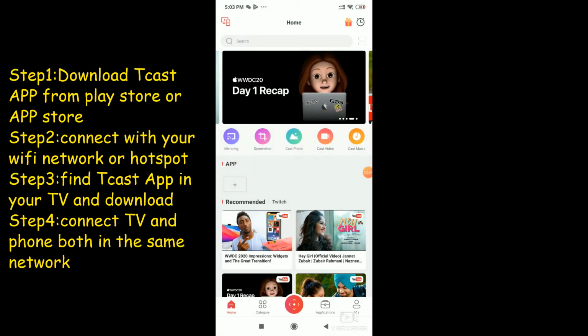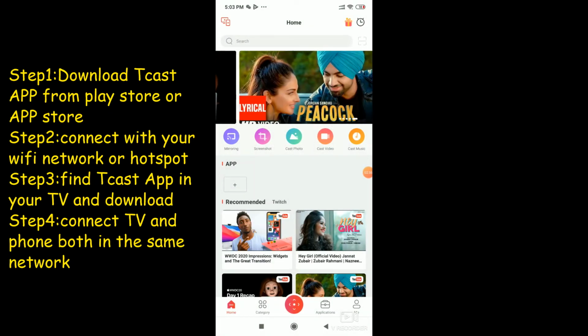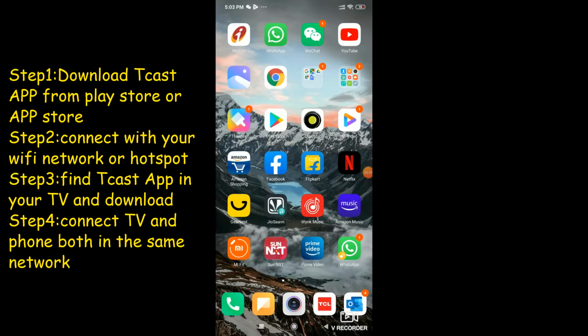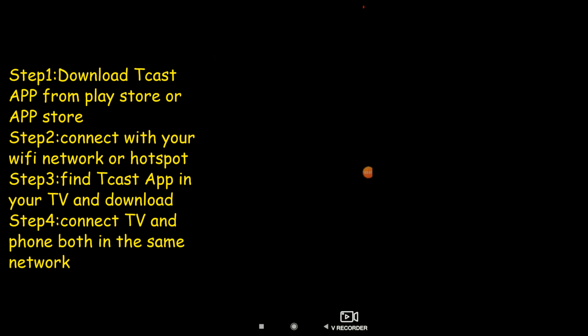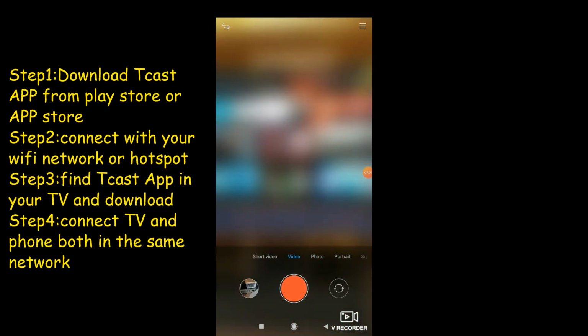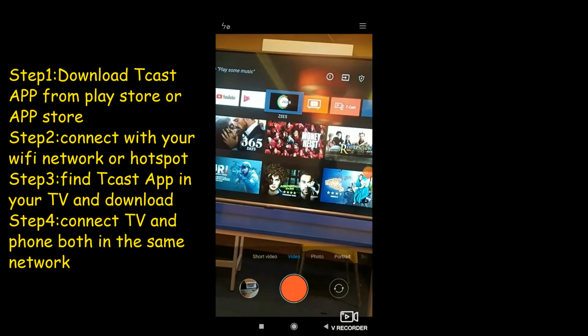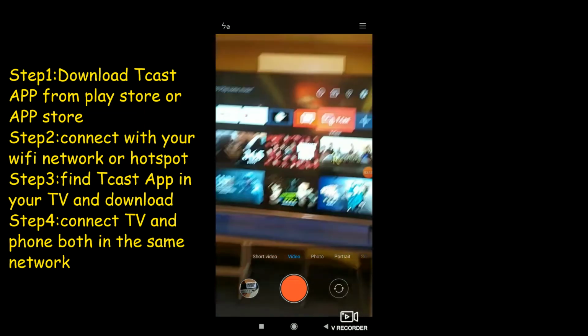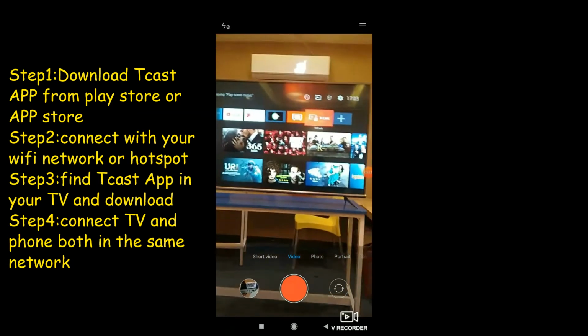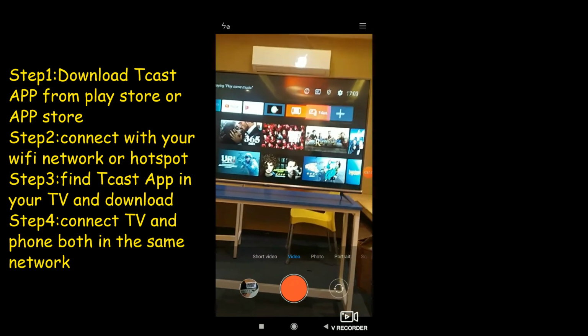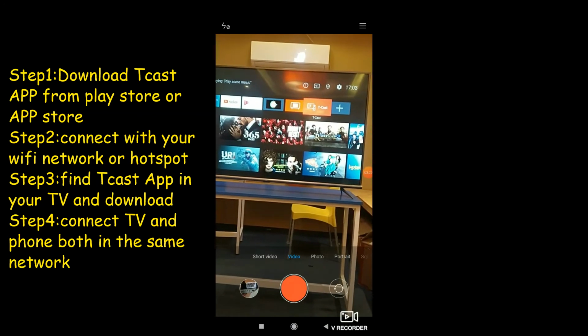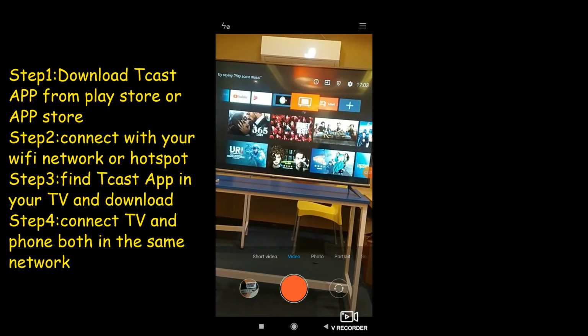For next, go to the TV and find the TCast application. For the first time you need to download this TCast application; here TCast was already loaded in this TV.